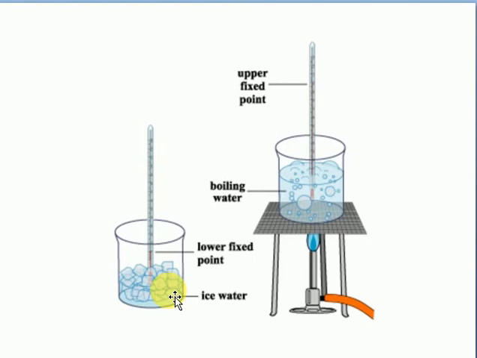Yes. So the temperature at which pure ice melts at 1 atmospheric pressure is assigned the value 0 degrees Celsius. So the ice point, lower fixed point, or lower standard point value is 0 degrees Celsius. And the upper fixed point or steam point, otherwise upper standard point, value is 100 degrees Celsius. The boiling point of water is 100 degrees Celsius.